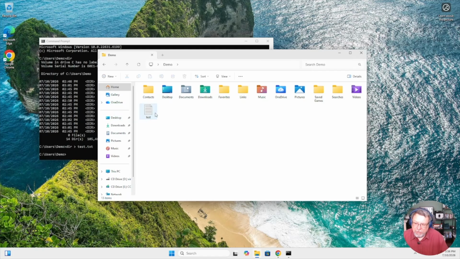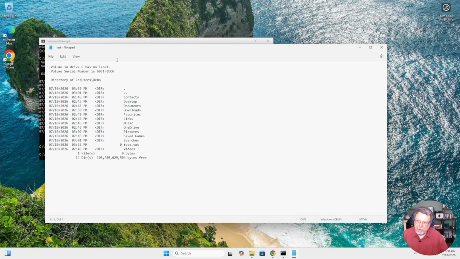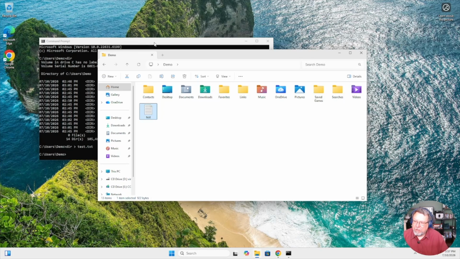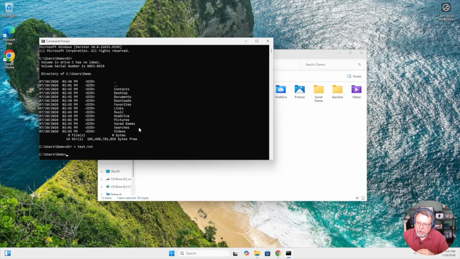And now we see that we have this test file here. We open it up and we can see we've got the contents. We've actually, in the command prompt, done two different commands in a row. The directory command and then an output command with a file name after that. And that's what that means.